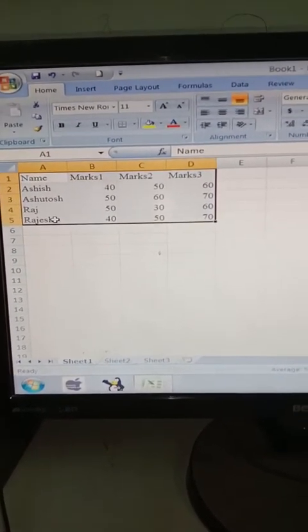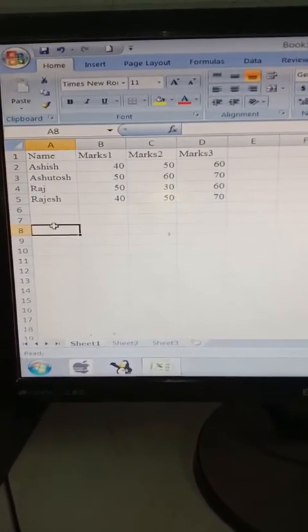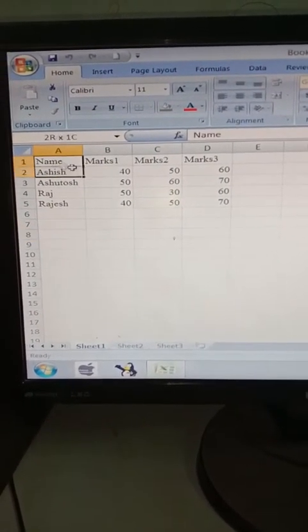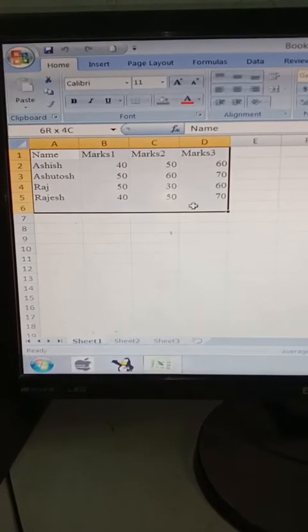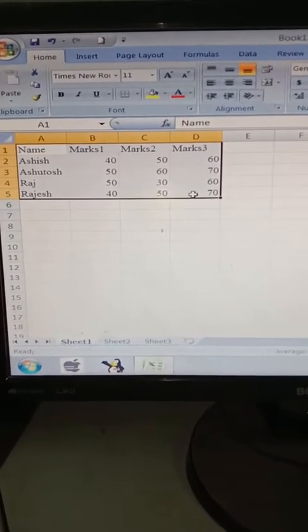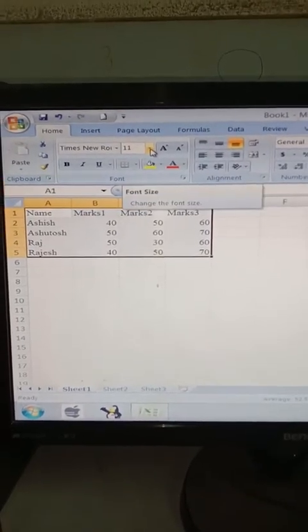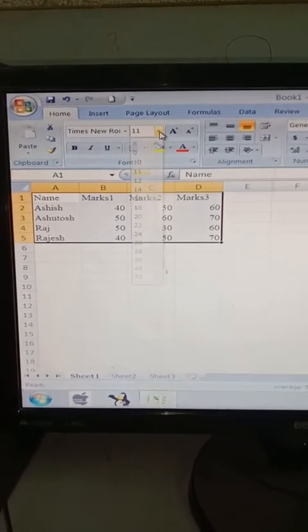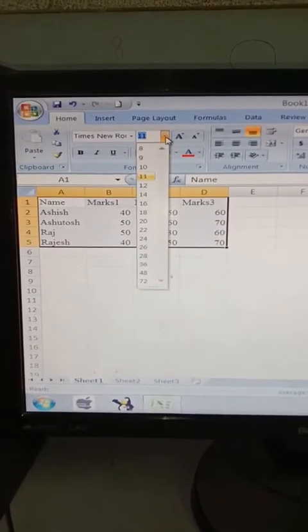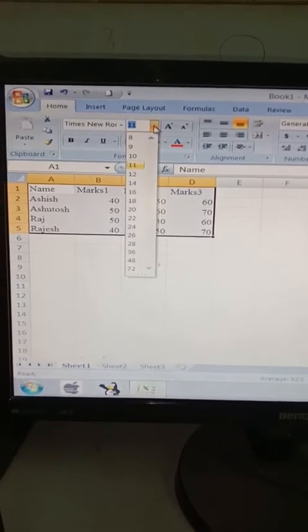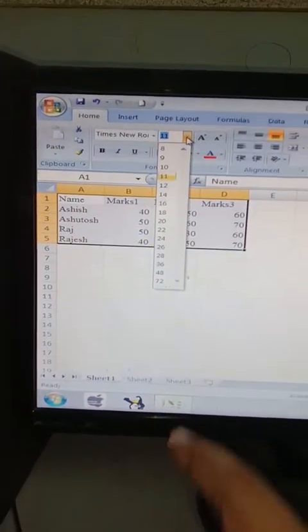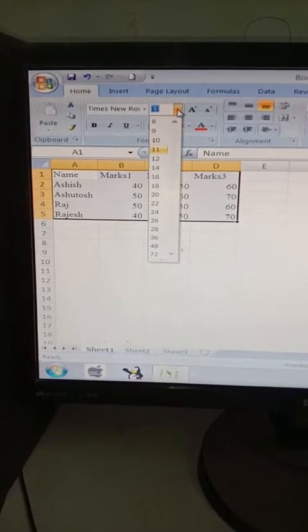Now changing the font size. In order to change the font size, what we have to do? I have to again select the text that I have written over here. We can select this with the help of keyboard or mouse. Bring it to the font size. As soon as I left click over here, look, different types of font sizes appear over here.